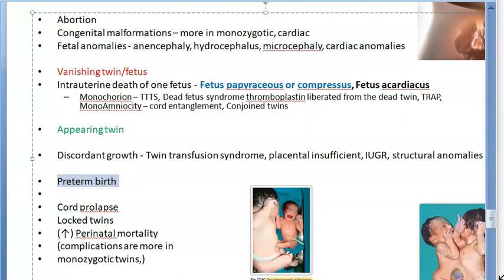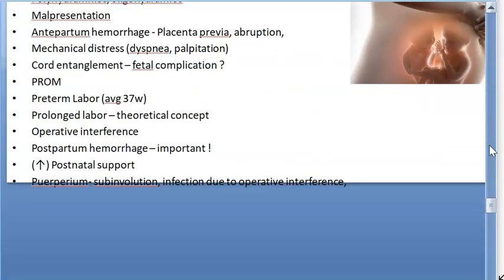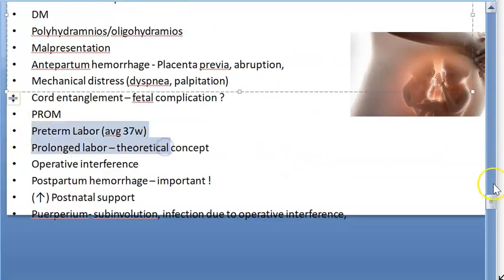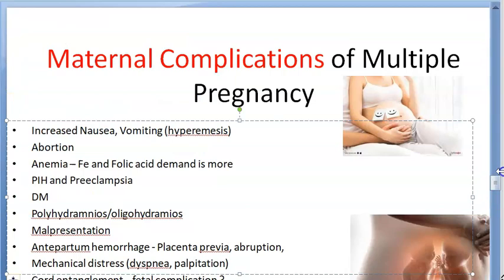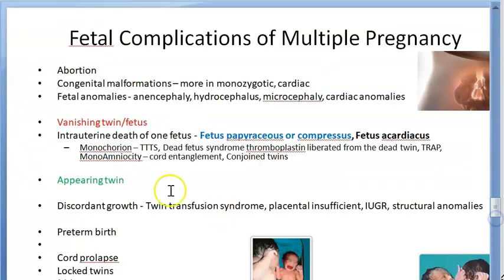Why do you think there will be preterm birth? Because the uterus is so distended. We already told you that in the maternal complications, there can be preterm labor. There can be premature rupture of membrane and there can be preterm labor, okay? Now,